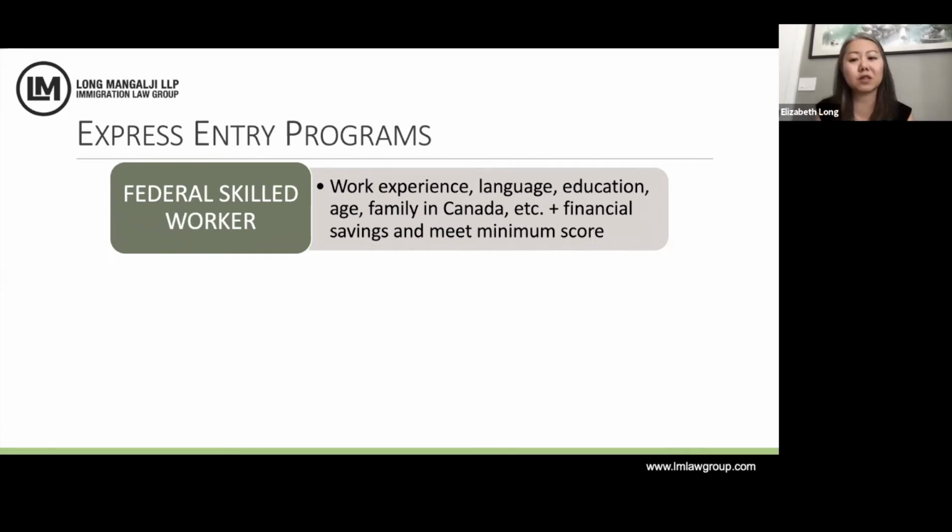If you have that work experience, you also need some financial savings. Normally, if you're an individual, you're going to need around 13,000. If you add accompanying family members, you're going to probably add 3,000 or so for each family member. And then we do a calculation of the rest of your background. And if you're a student, normally you probably would qualify if you already have a degree, to make sure that you have enough to score at least 67 points on the Federal Skilled Worker Program scale.